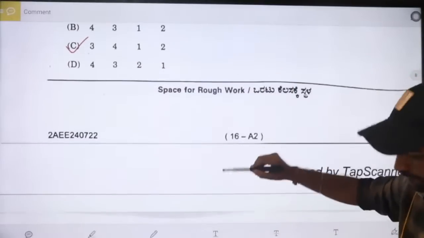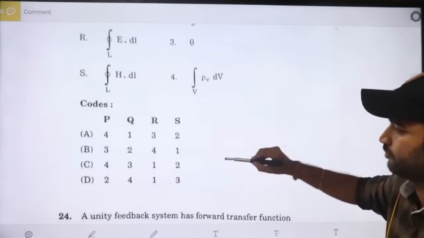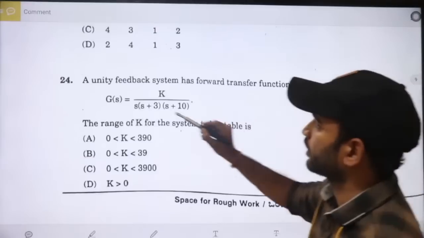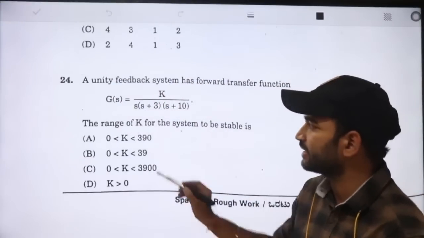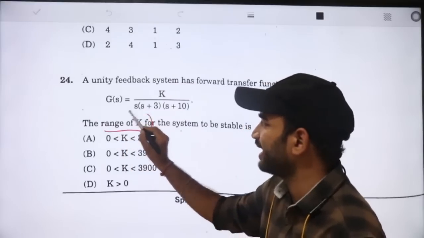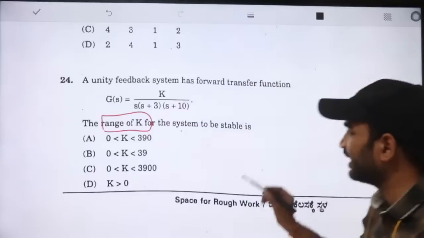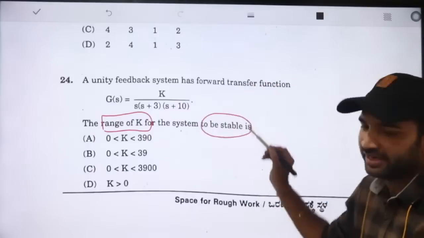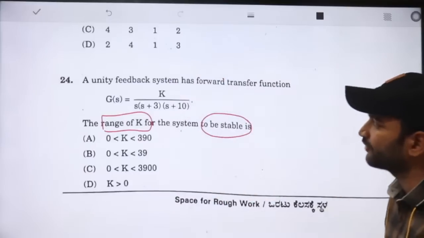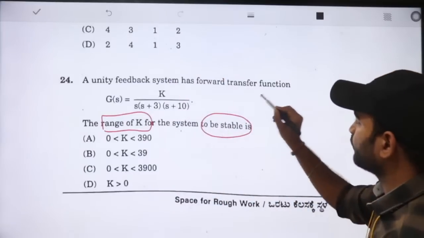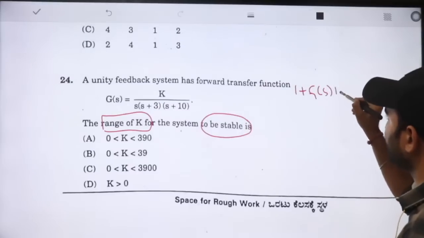Next one. For any unity feedback control system, you need to find out the range of K for a stable system. In order to make the system stable, you need to find the range of K. For that, first we need to find 1 plus G of s into H of s equal